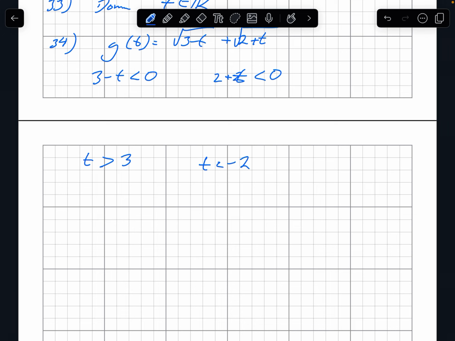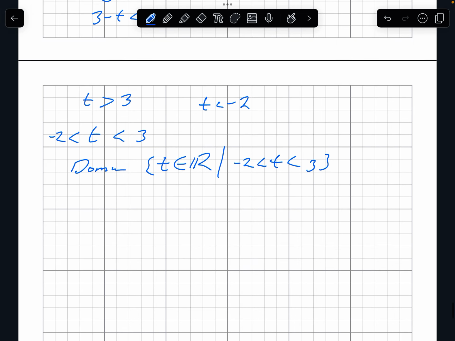So we don't get a problem when t is greater than negative 2 or less than 3. So that's our domain. Right? To write that in set notation, our domain is t in the reals such that negative 2 is less than t is less than 3. We could write as an interval, -2